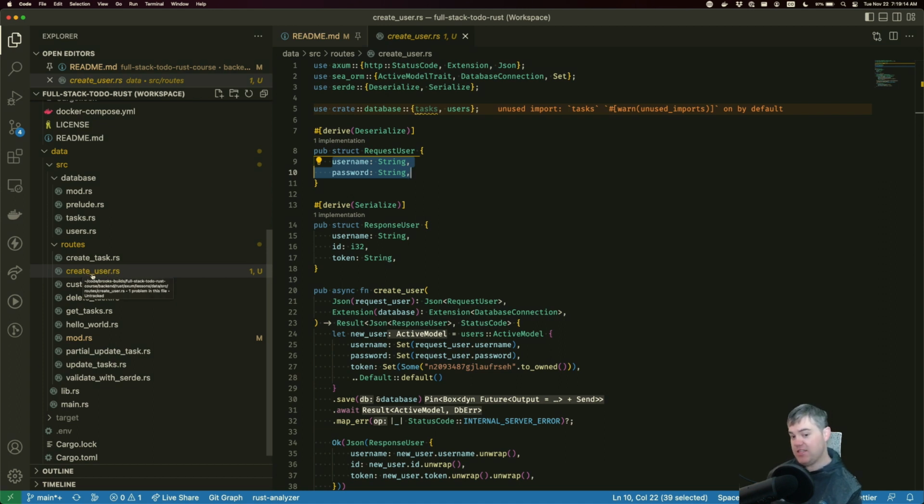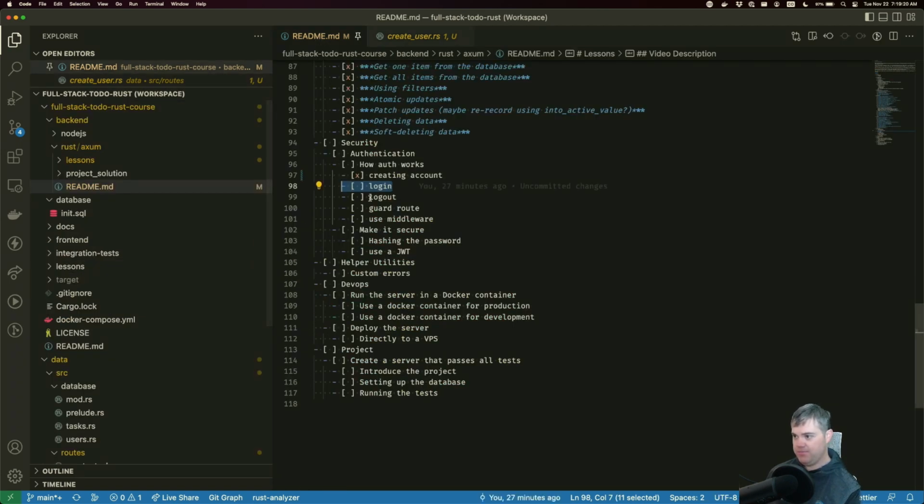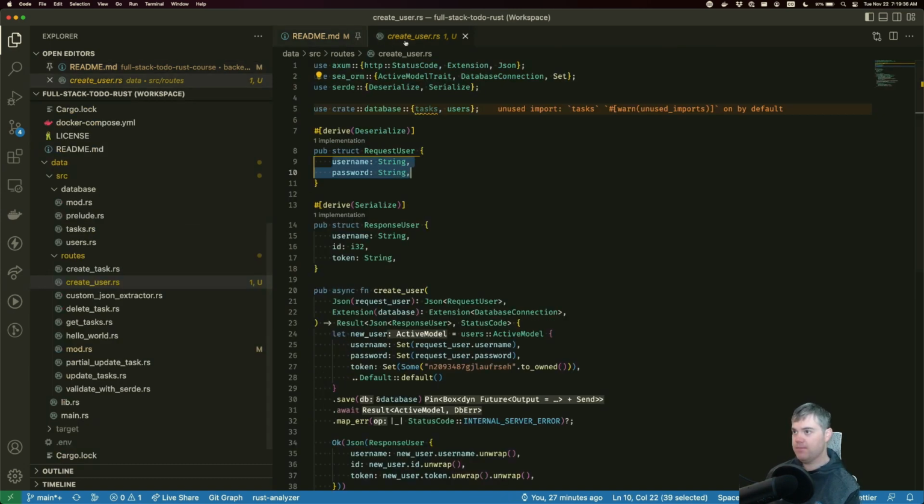If I rename this to users and I put in everything else, that's going to be login, logout would be fine too in there. Guarding a route would actually be elsewhere, and then switching to use middleware. So I actually think we could switch this to users. I don't think that'll be a problem.